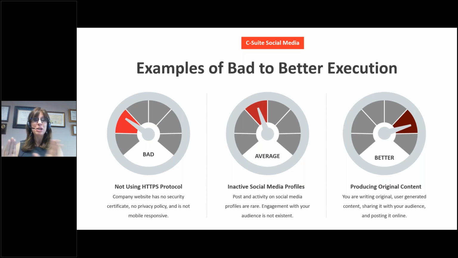The next, on the execution side, what we see, and I just saw this today because I'm working with somebody tomorrow, and I visited their social profiles, and nothing has been updated for the last 4 weeks. And I want to cringe because this is a great company. They've got talented people. They've got a gorgeous office. They're doing great work in the industry, but the social profiles are being neglected. Please make sure that if you're going to have these social profiles, you're going to put resources, you're going to put people behind them. These messages are just so important. Please do not ignore them.